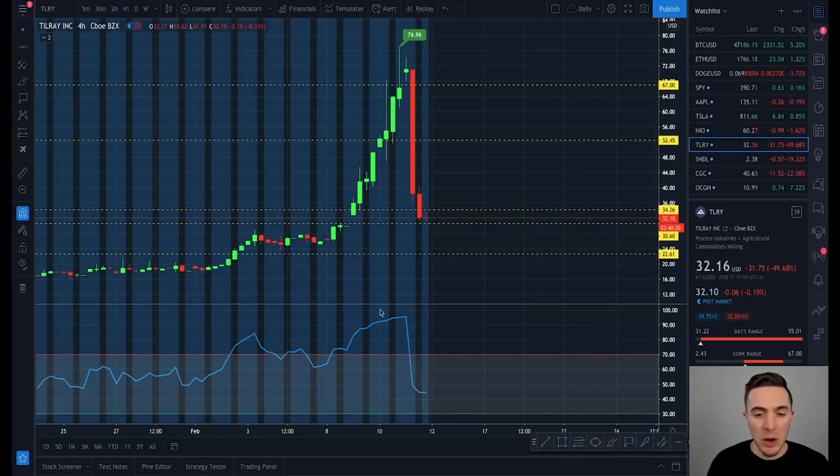On the bottom, we have the RSI, once again, the relative strength index. Bullish momentum up top, bearish momentum below. Lots of people love it for the reversion play. So Tilray absolutely exploded over the past 2 days, and then today it was a brutal sell-off. Before that, it was really battling it out at $30.60, and I'm just bringing that to your attention because it's